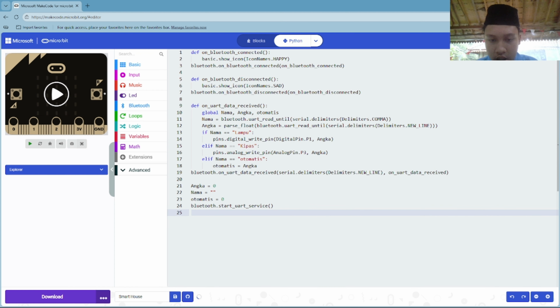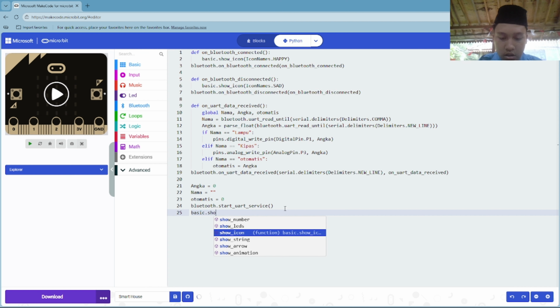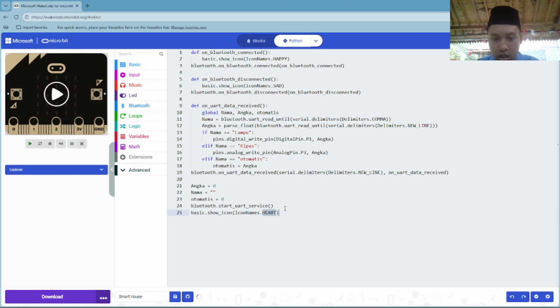And then next in here, basic show icon, and for the show icon I'll make it square. And then this one is set otomatis to 1.